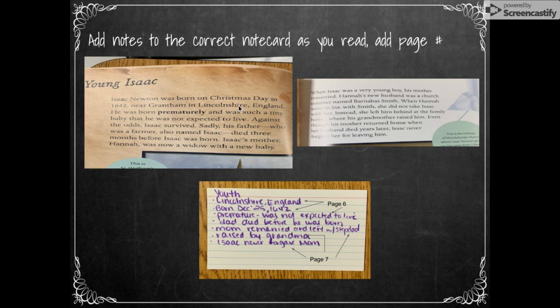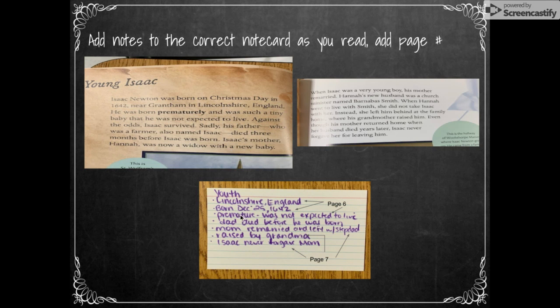Okay, so for example, this is the youth one. And notice that I just kind of did bullet points. You're not copying word for word because, as we all know, that's plagiarism and that is not okay. And then I just kind of wrote down key words or phrases that I saw. So he was born in Lincolnshire, England,